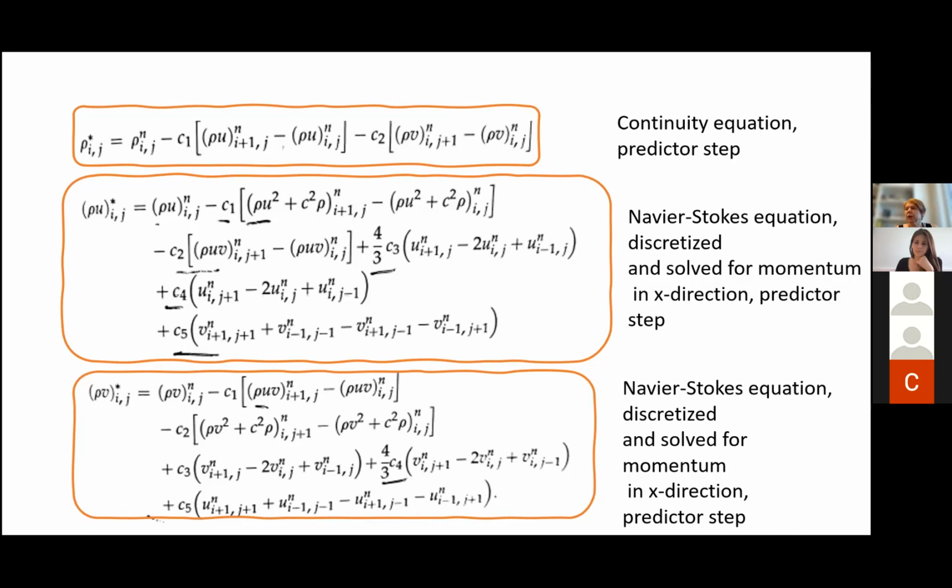These expressions, I had to check them several times. To avoid mistakes, they are taken directly from the book I mentioned for you, Fluid Mechanics by Kundu, Cohen, and Dowling. So we can only hope that they are correct. They seem very correct, because you can easily recognize this when you see the indices. Here you recognize the forward scheme in x and forward scheme in y to find the predicted value of density. This is from a rearranged continuity equation, which we have seen in the previous session. And now we are attacking this